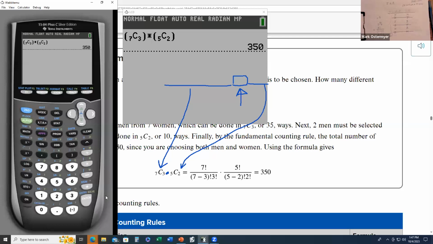And we get 350. Everybody see that there? That's quicker than using this factorial notation. You can use the factorial notation if you want, but you don't need to. You can speed it up just by using the nCr function. All right, 350 different ways